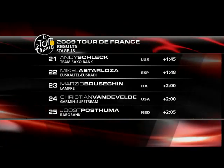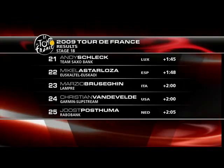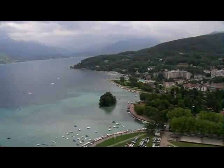Christian Vande Velde will keep his high position overall too, conceding 2 minutes though to Contador, and Joost Posthuma completing the top 5. Well, it'll make interesting